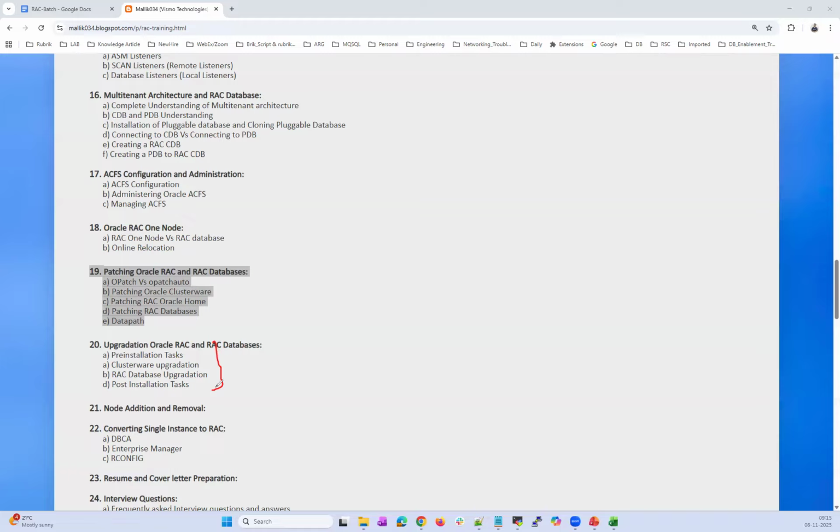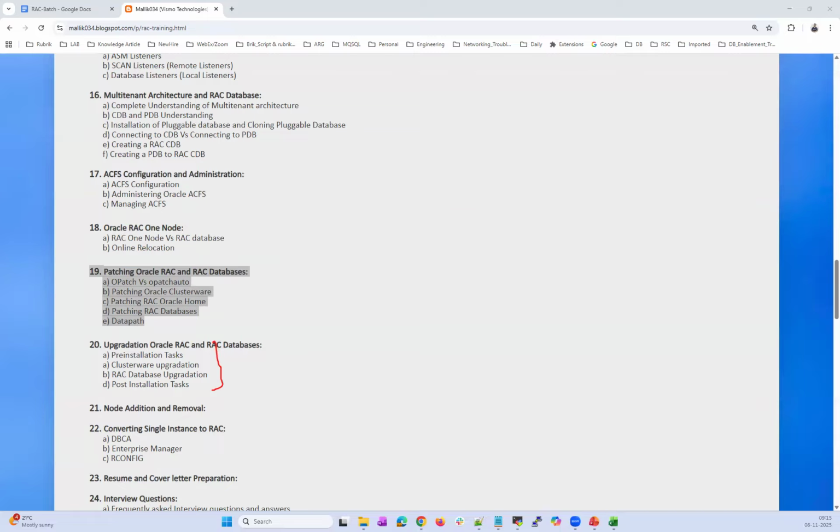In your database upgrade, we are upgrading the core fundamental system-level objects, the synonyms, views, or the base tables, whatever belongs to SYS and SYSTEM, which are available in the system data file and sysaux data file. We will be updating those files. It will not be like a 1 terabyte database upgrade takes 1 hour and a 10 terabyte database upgrade takes 10 hours. Not like that. A 1 terabyte upgrade may take 1 hour, a 10 terabyte database upgrade may take 1 hour 5 minutes, 10 minutes, 20 minutes, a few buffer minutes, but not drastic changes.